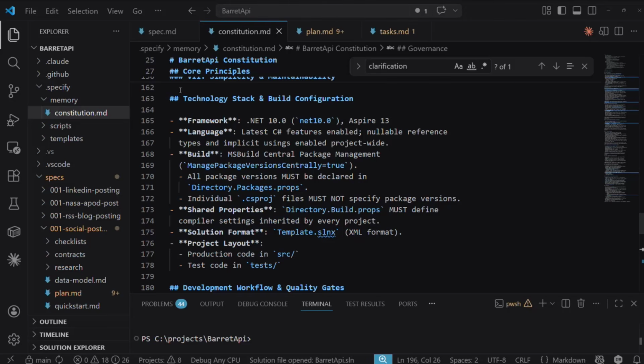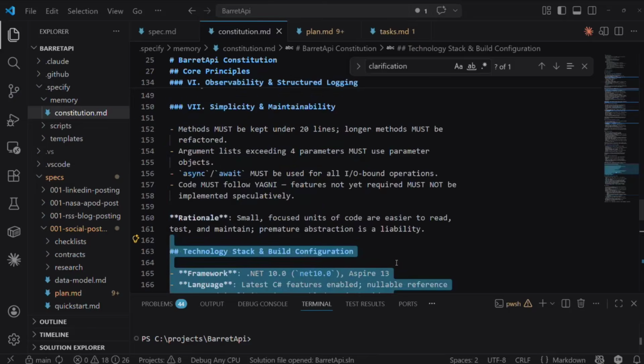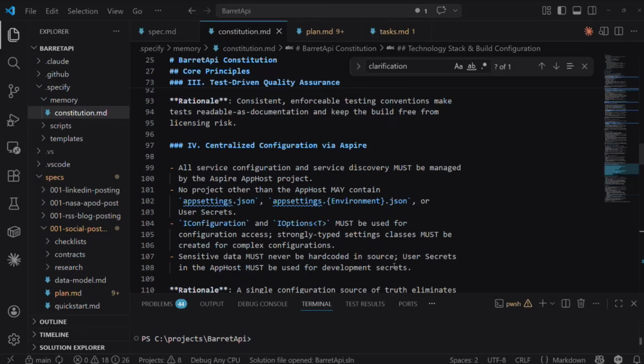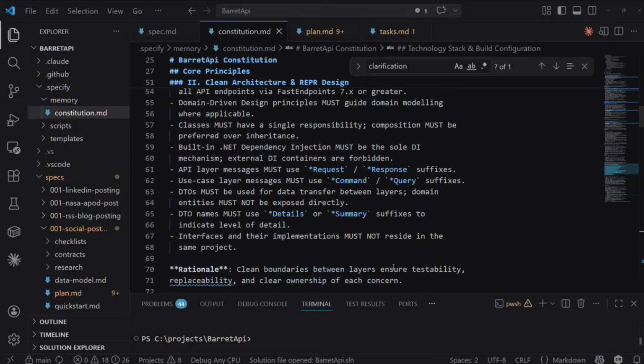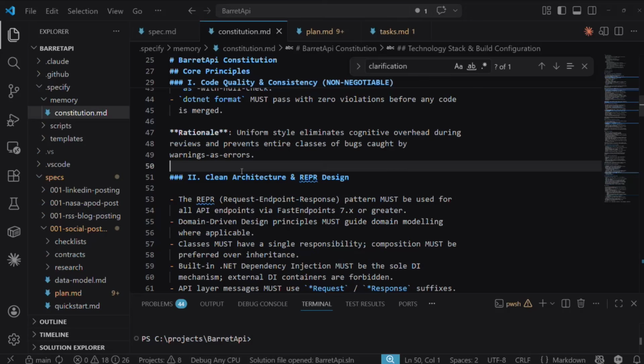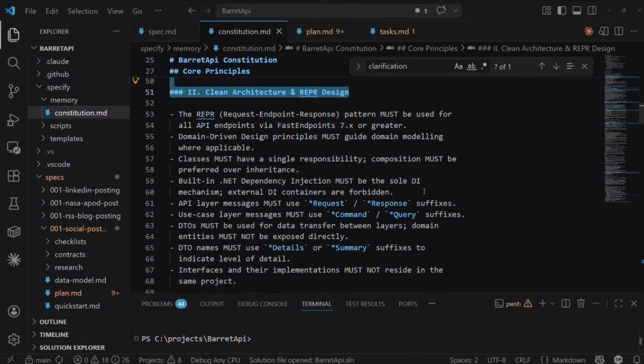Basically, the part that I added was this technology stack. I added that myself. I added the clean architecture section here. Most of that I added myself. So it does come up with some pretty good basic constitution files on its own as part of its general guidelines. But there are a lot of times that you'll want to add additional details.